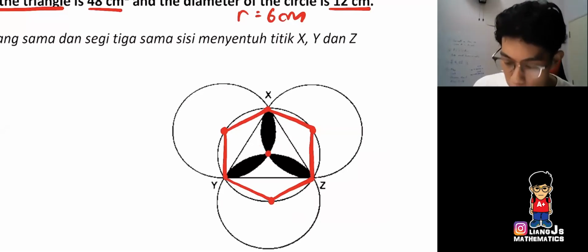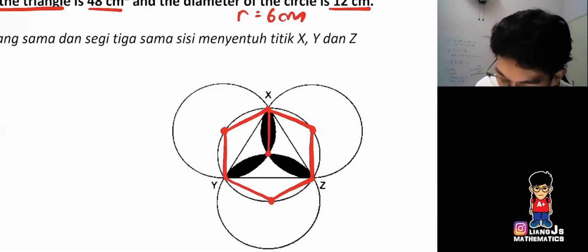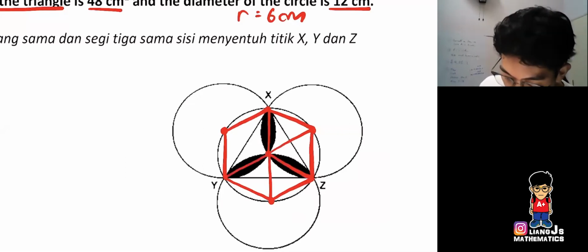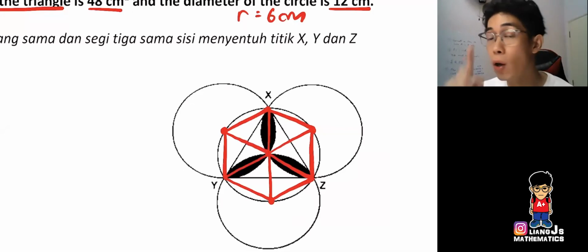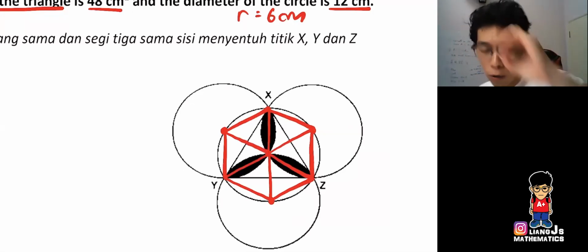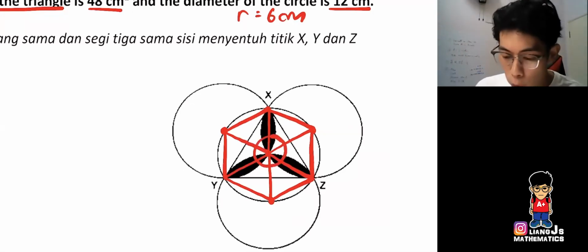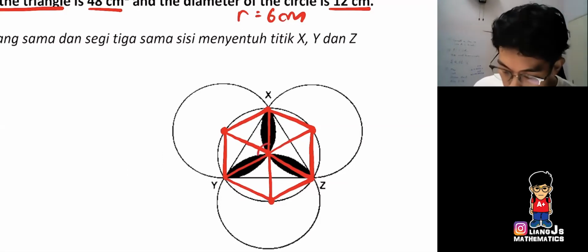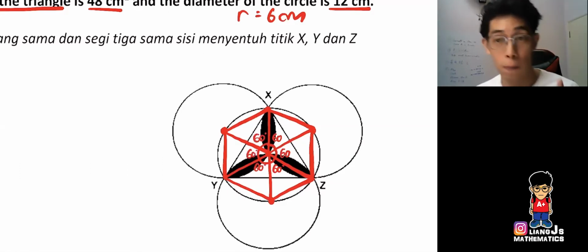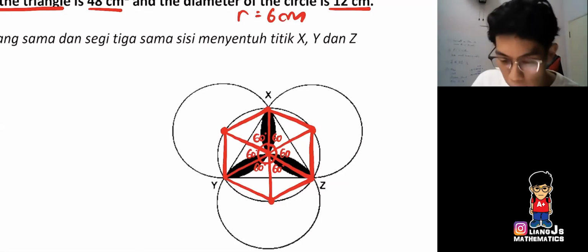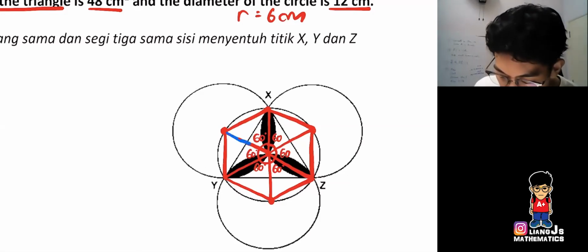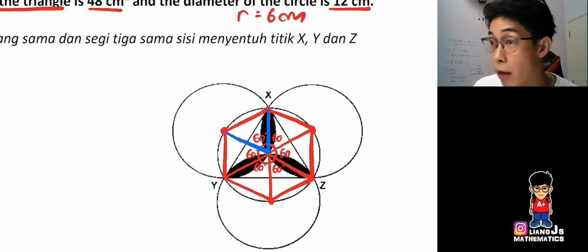So if I draw from each point to the center, you know the inner angle is 360. Over here, you can separate into 60, 60 degrees, 60 again, 60 again, and 60 again, because of equal length, right? And you know that when you draw that, this thing being the radius and radius, which is 6 cm,